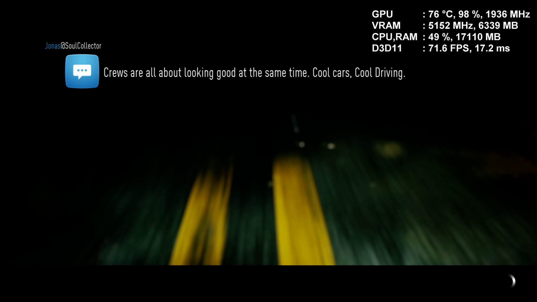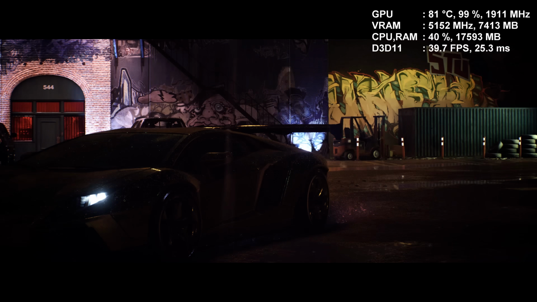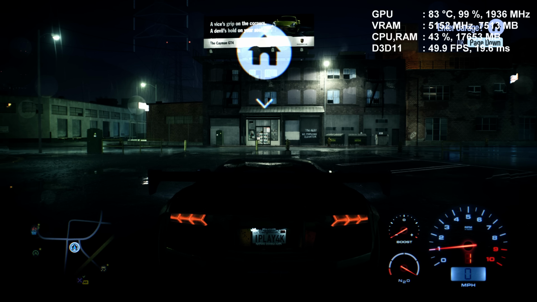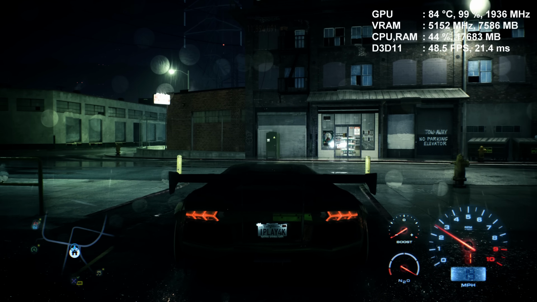Hello guys and welcome. This is I Play 4K, and in this video I decided to go ahead and show you Need for Speed running on a laptop equipped with the GeForce GTX 1080 video card. The laptop that I'm going to be using today will be the Asus G701, a 6th generation laptop that is equipped with